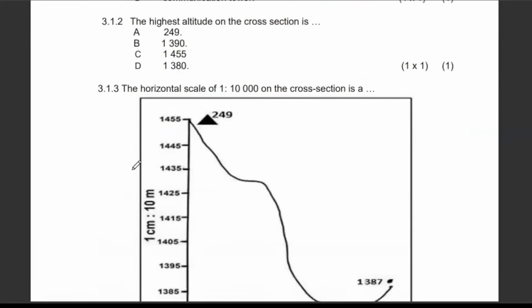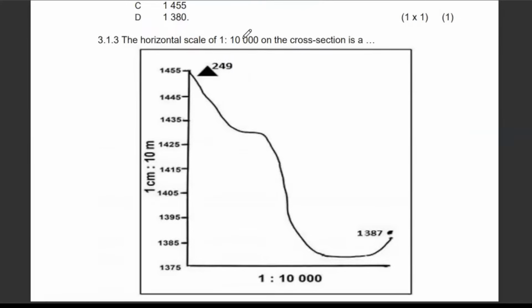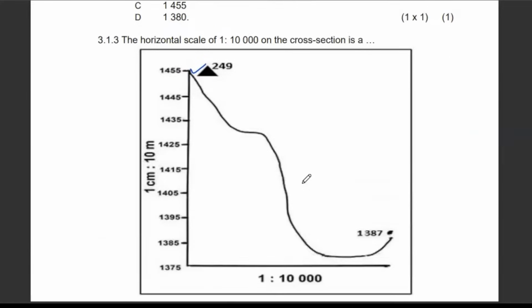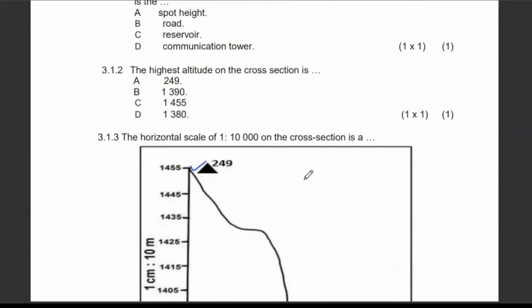Here we are referring to this cross section that has been drawn here on a horizontal scale of 1 is to 10,000. So our highest point, you can see that the highest point is here, and you check your height on the vertical side of the scale here. So for that reason, you can see that your highest point is 1,455. That is the highest point on your sketch of that particular cross section that has been drawn there. Right, moving on with the questions. Right, the next question is based on